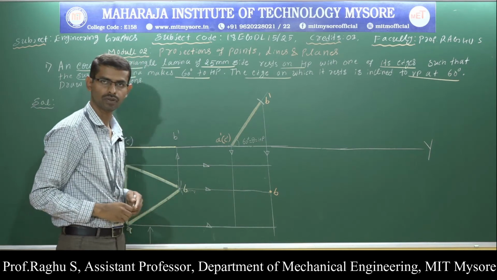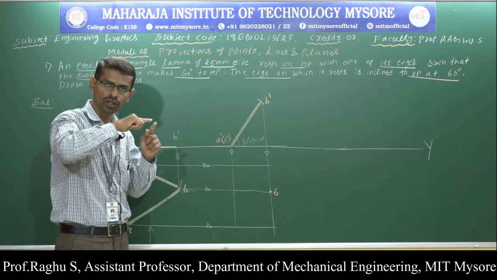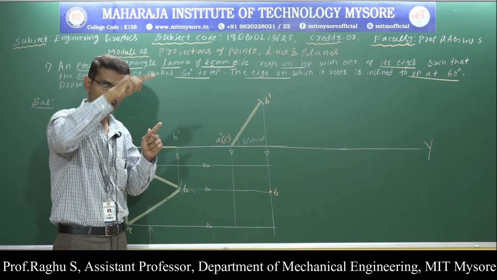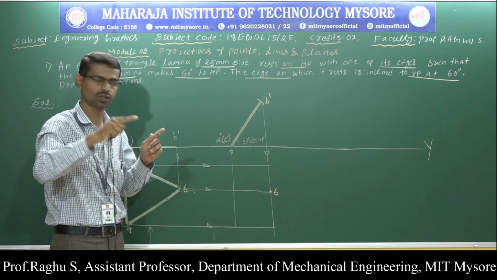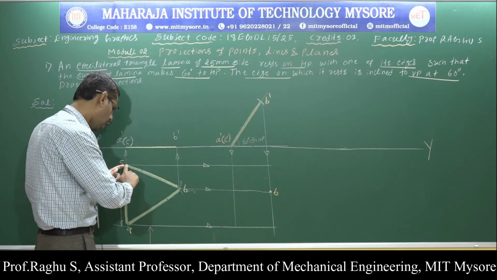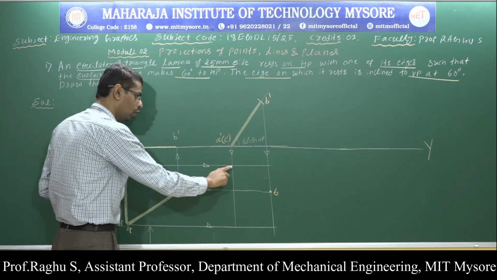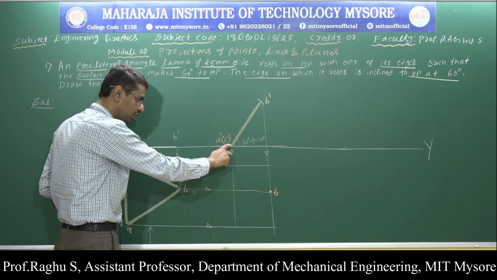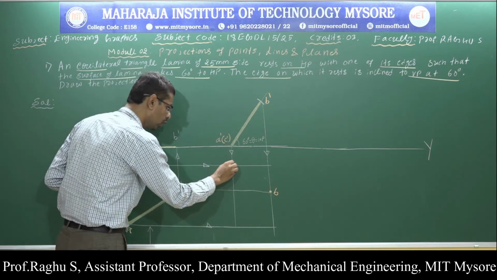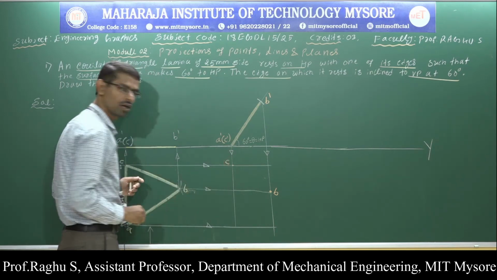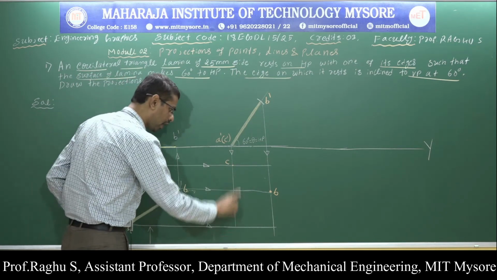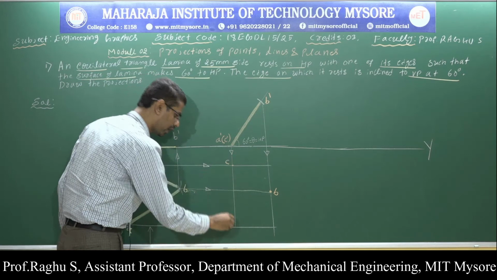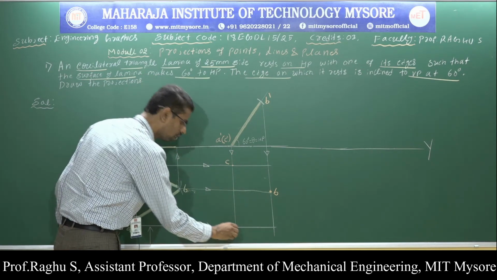Or corner B. Similarly, find out the horizontal projection of point A and vertical projection of point A, horizontal projection of point C and vertical projection of point C. Now, this is the horizontal projection of point C. Where is the vertical projection of point C? This is the vertical projection of point C. Therefore, this is point C or corner C. Now, this is the horizontal projection of point A and this is the vertical projection of point A. So, here I will get point A.